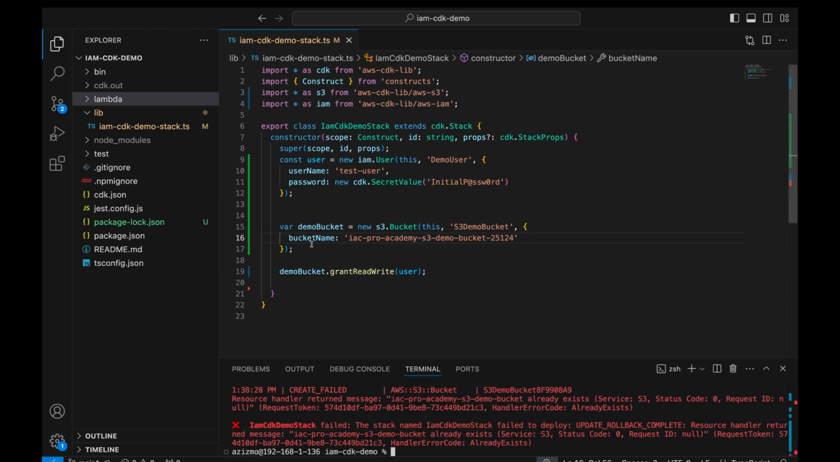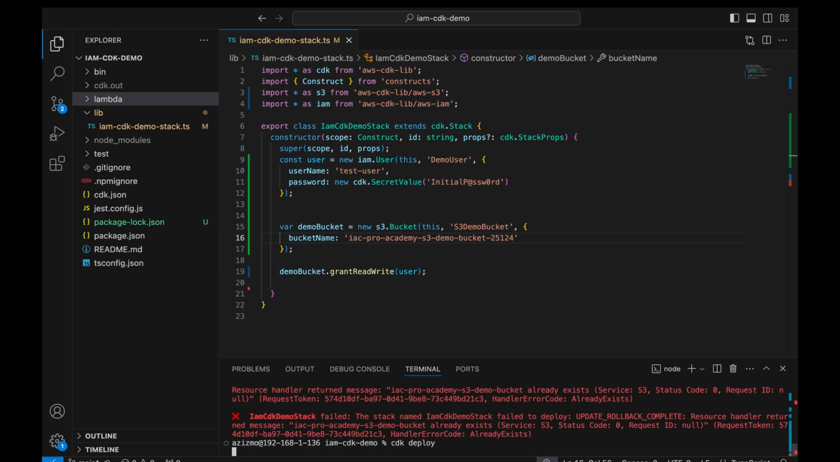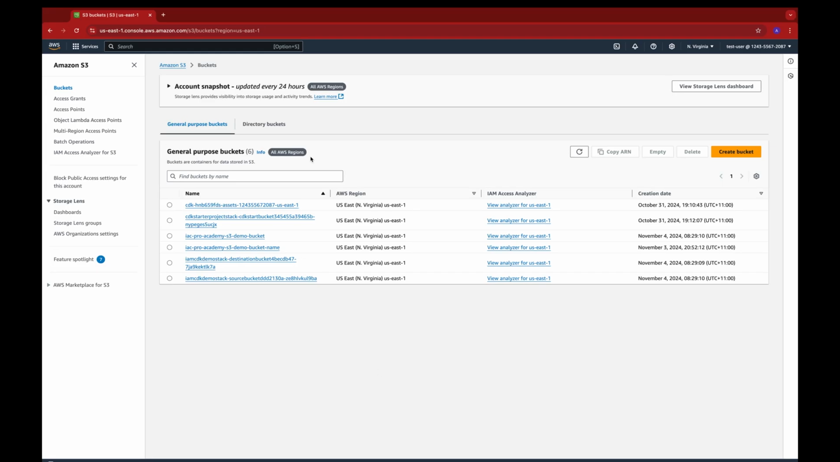Make sure that the bucket name is unique, because S3 bucket names must be unique across all S3 buckets created in AWS, not just your own buckets. Let's try again and deploy with this bucket name. Now let's refresh this page and see the effect of changing the permissions of our user to read-write